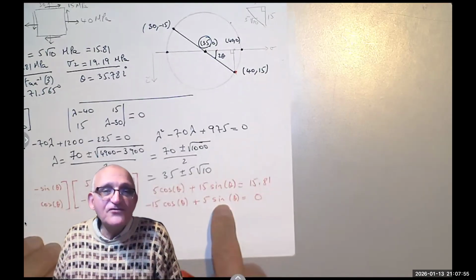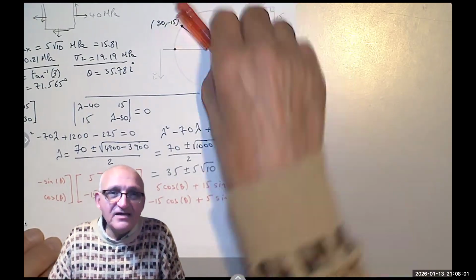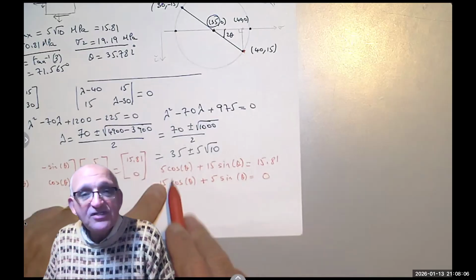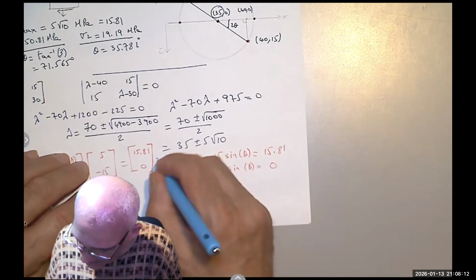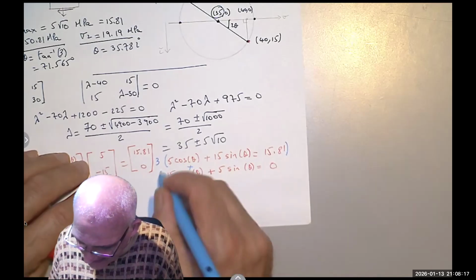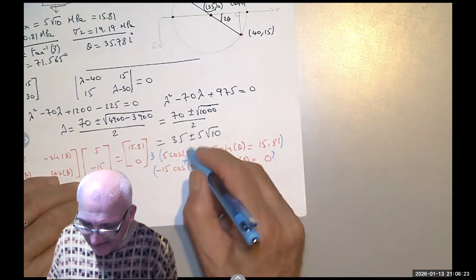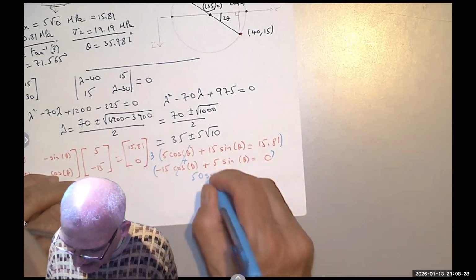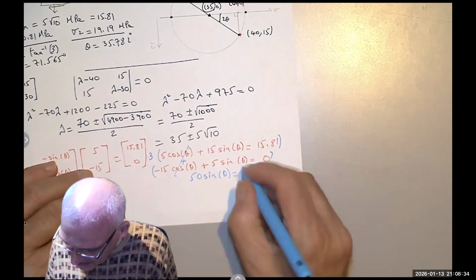I will always solve for sine because the sine is positive, meaning I'm rotating like that, or negative. It will tell me turn negative if it's negative. So I want to get rid of the cosine. I'm going to multiply this equation by 3 and then add it to that equation. So I will get 15 cosine plus negative 15 cosine, they cancel each other. 3 times 15 is 45, plus 5 is 50 sine theta equals 3 times that,